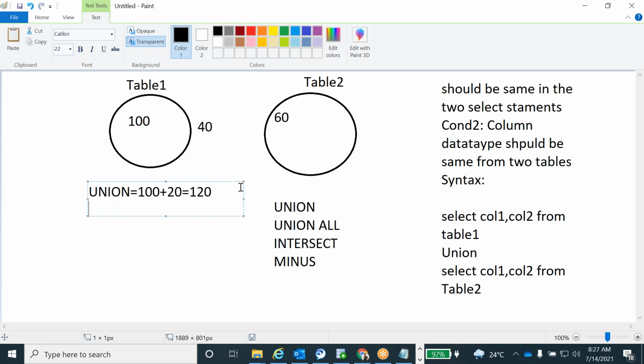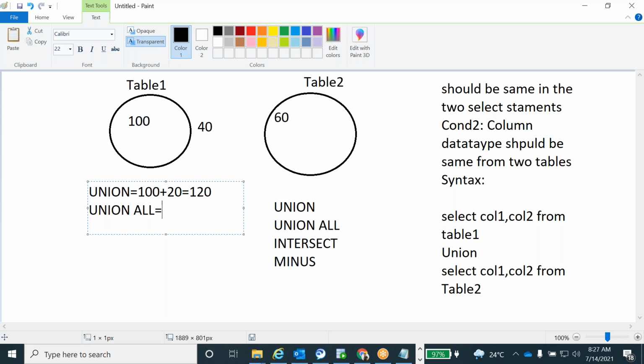So it will combine the 2 result sets of the data while using the union. It won't do any data comparison, all those things. It will display only unique records while executing the union. And coming to union all, it will display the duplicates also, all the records, irrespective of the duplicates.